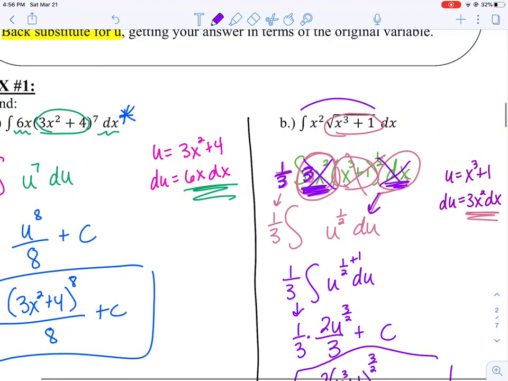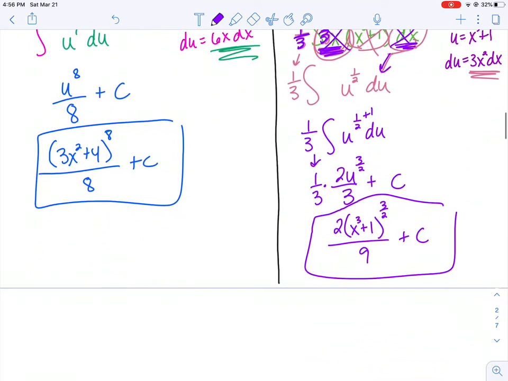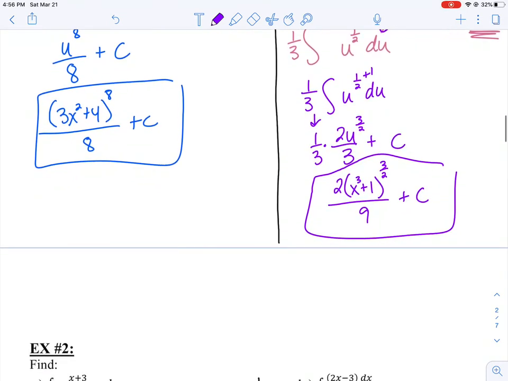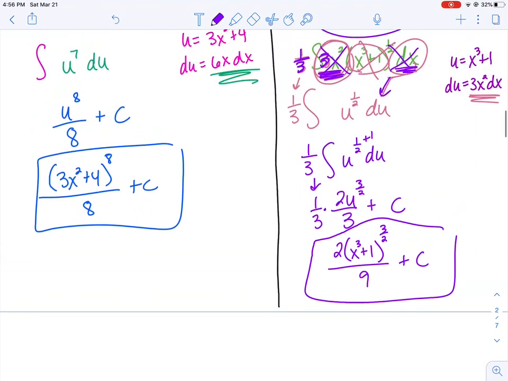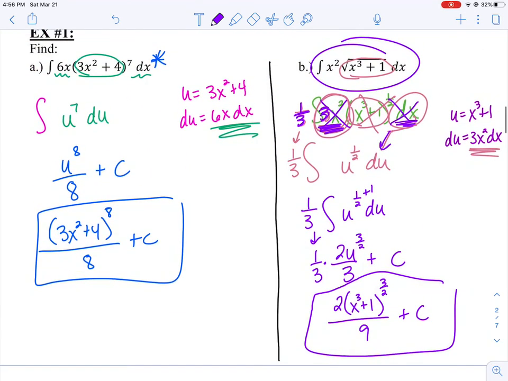If you don't believe me, double check it. Try finding the derivative and see if you come back with the original problem. You should, and so that's an easy way to double check. If you have time on your test, why not? Find the antiderivative and then find the derivative and see if you got the same answer. Okay? Practice those first before you do